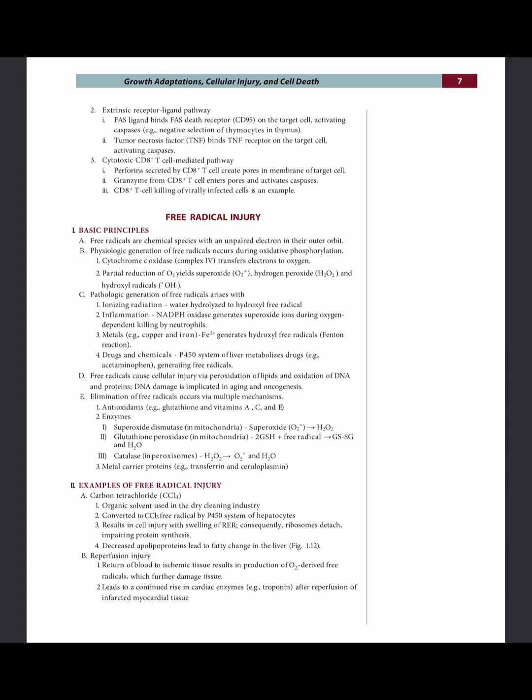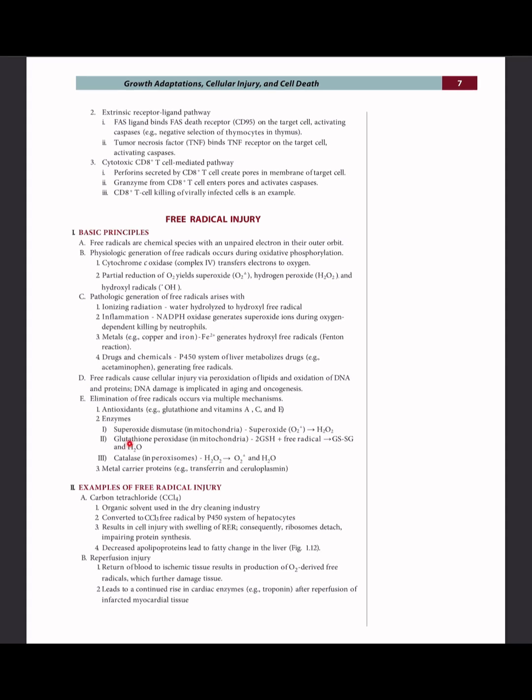Free radicals cause cellular injury via peroxidation of lipids and oxidation of DNA and protein. DNA damage is implicated in aging and oncogenesis. Elimination of free radicals occurs via multiple mechanisms. Antioxidants, for example glutathione, vitamins A, C, and E. Enzymes: superoxide dismutase in mitochondria, where superoxide is converted into hydrogen peroxide;